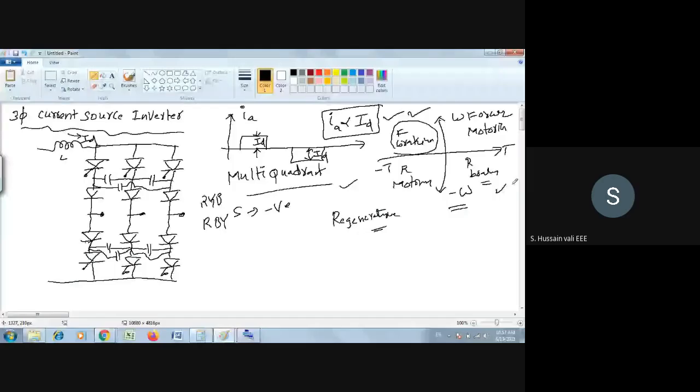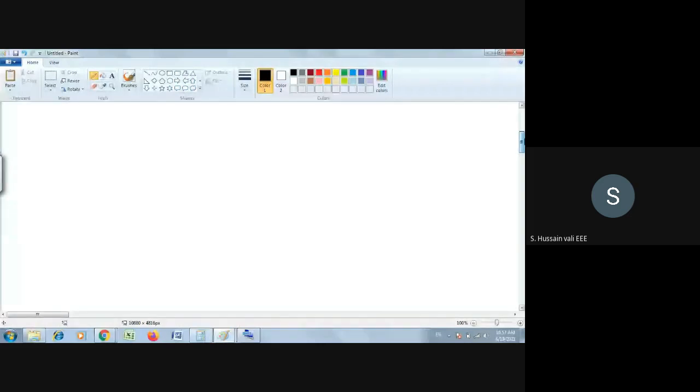You operate in the forward braking method, or sometimes in the reverse braking method also, and you can collect the power. Whichever regenerative braking method I explained in the case of the motor, the same procedure you follow here also. Except here it is a current source, whereas in the previous case it was a voltage source. There is no other difference in multi-quadrant operation and regenerative braking operation.